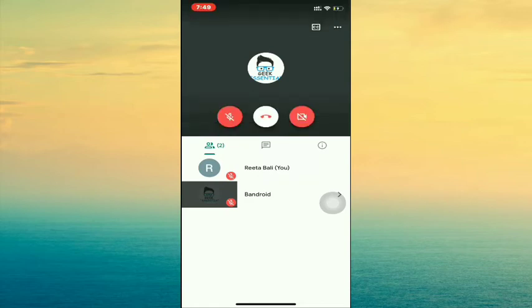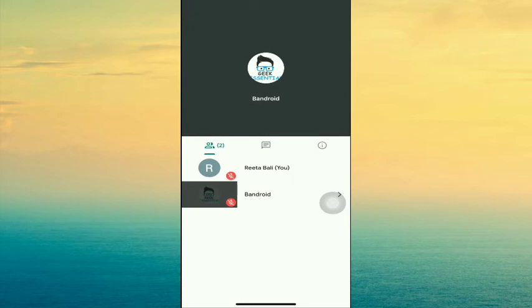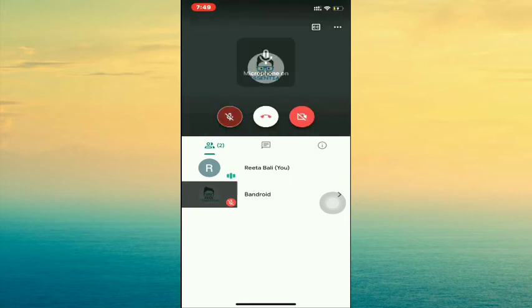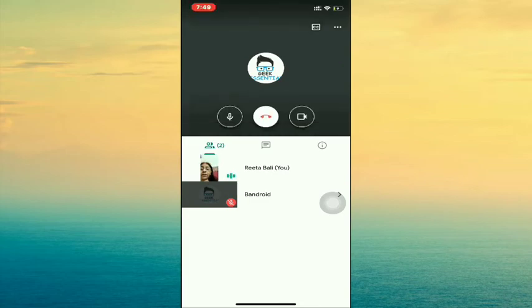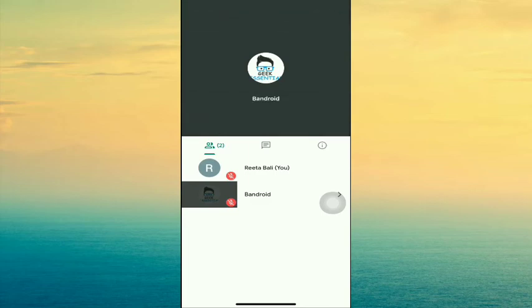You can see those 2 buttons which I have told you. One is the microphone button, which is now in unmute position, and this is the camera button, which is now in on position. Okay, and the center one is the button by clicking on which you will leave the meeting. Okay, you will be out of the meeting. So I'm turning off these two buttons, and I'll tell you about other features of Google Meet.